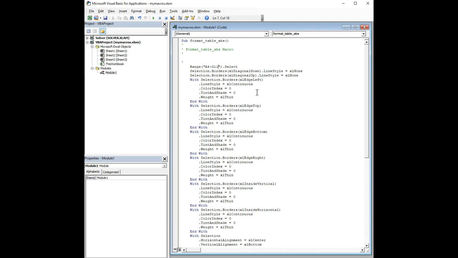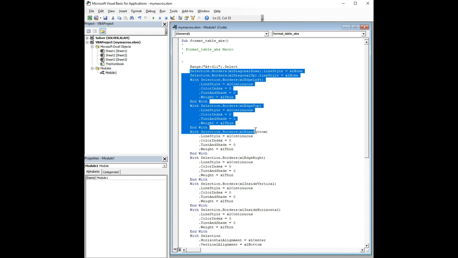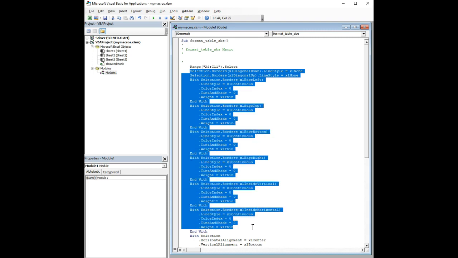Then .select calls what's called a method which selects that range, and that creates what's called a selection object. The next line says selection.borders line style equals, so this next series of commands from here down to here